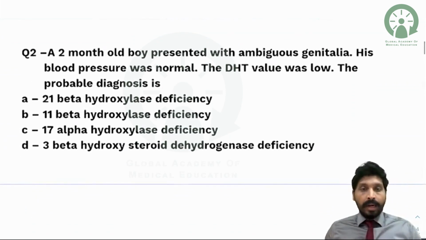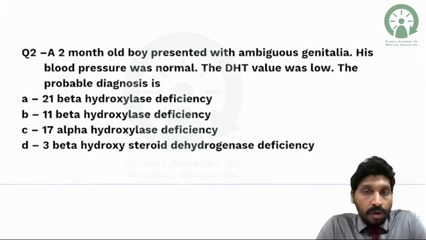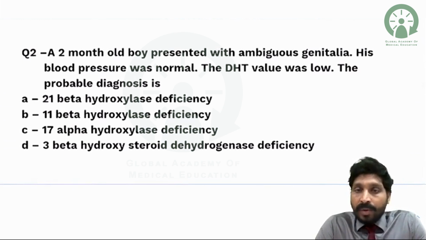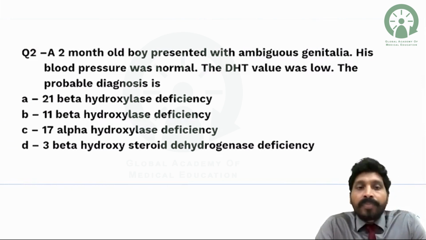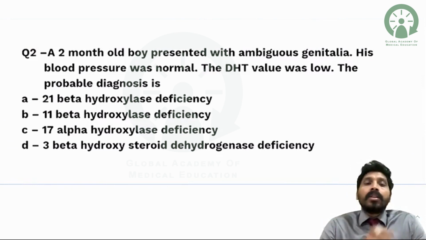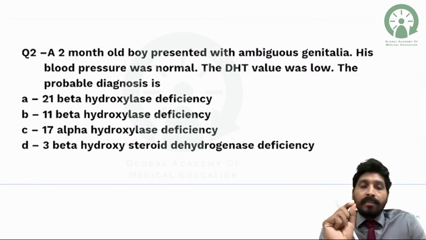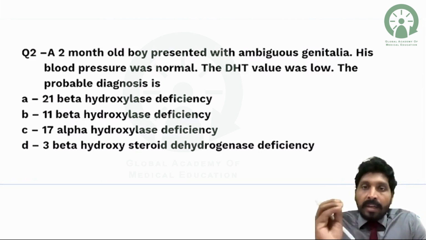Yeah. And another question: a 2-month-old boy presented with ambiguous genitalia. His blood pressure was normal. The dihydroxy testosterone value was low. The probable diagnosis is... So here again, it is because in recent times in FMGE, most of them are case based